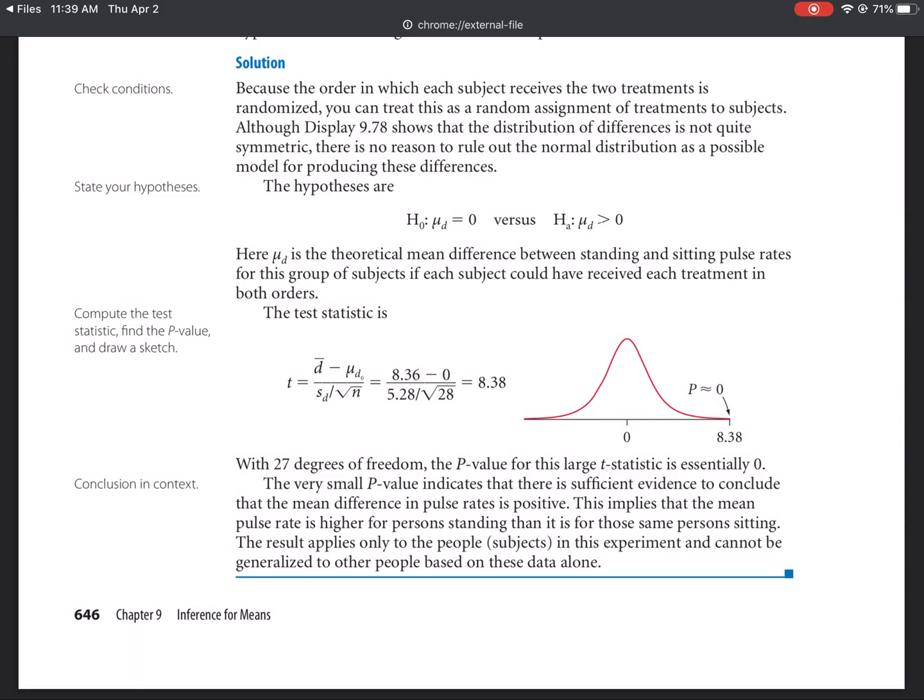But here comes the big difference. On the calculator, even though we started off with 2 samples, you will not be using the 2 sample when you are doing it on the calculator. What you're going to be using